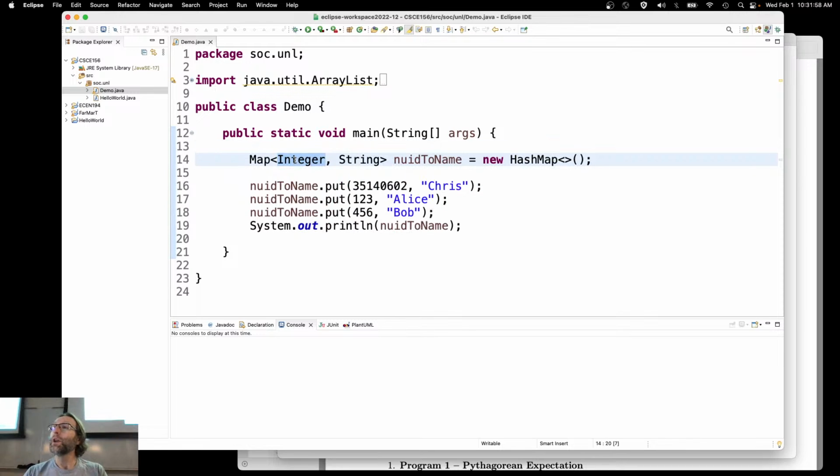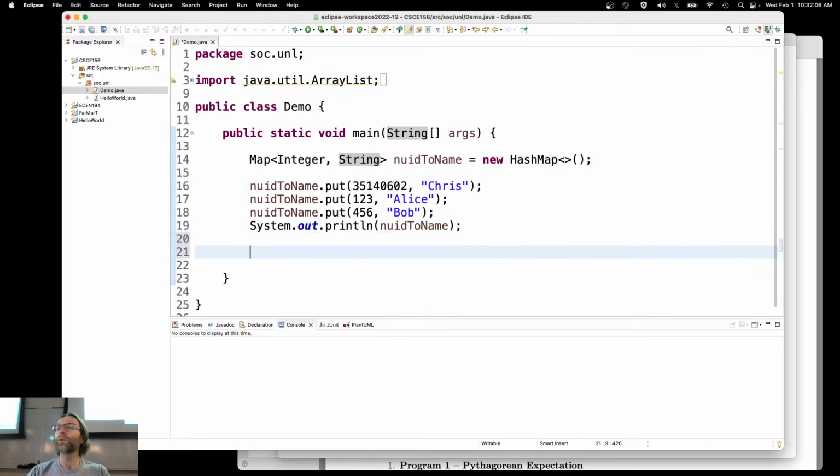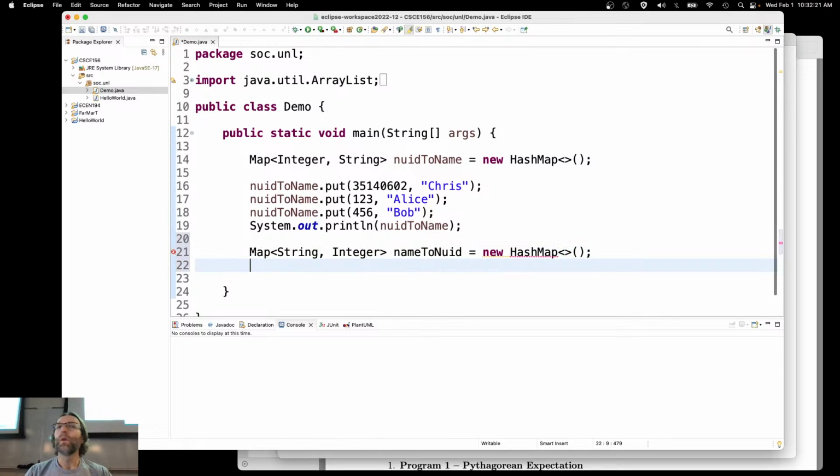So for example, you can map integers to strings. If you want to map an NUID as an integer to a string representing a name. You can also do it in the reverse. You can have a map mapping strings to integers, right? And this would be name to NUID, is equal to new HashMap. Well, you could do both of those things in Python, but you can also do, say,